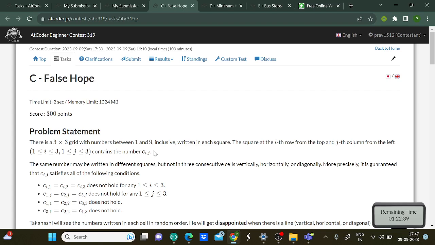Okay, the same number may be written in different squares, but not in three consecutive cells, vertically, horizontally, or diagonally. More precisely, it is guaranteed that C_ij satisfies all of the following conditions. Acha, any of the rows is not going to be all equal, any of the columns is not going to be all equal,